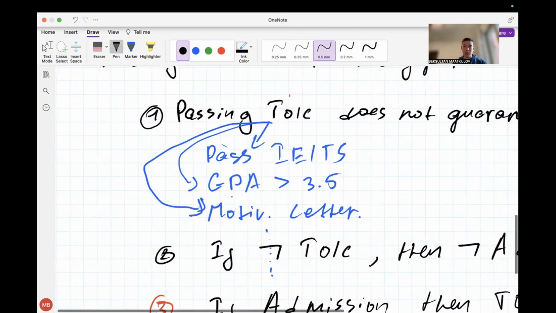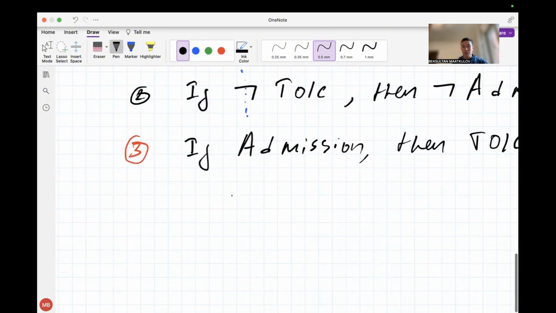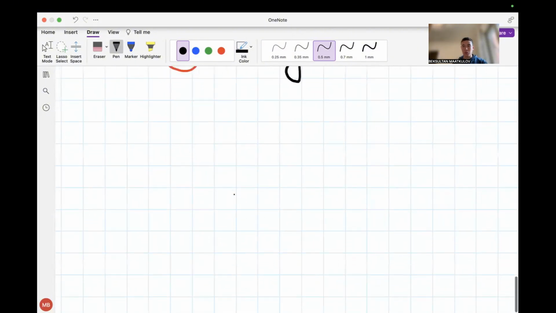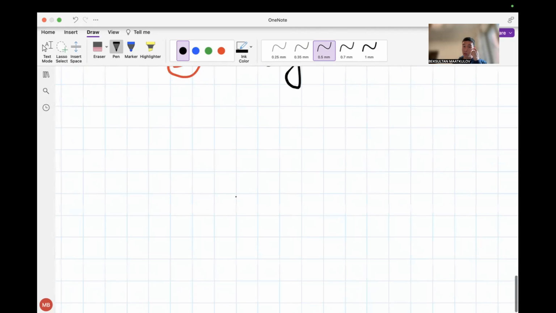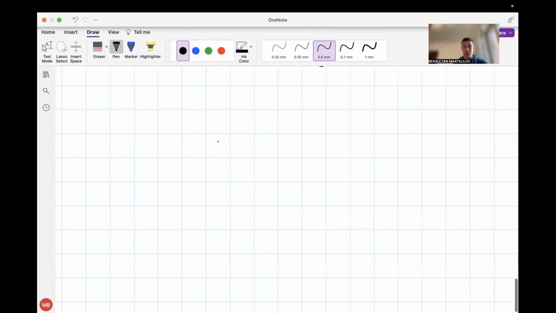And all right, now my task for you guys is to write a necessary condition. Just try to come up with some sentence, some statement that uses a necessary condition. So this is the template. A is necessary